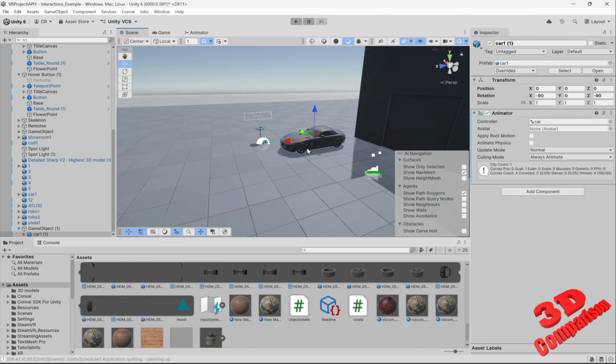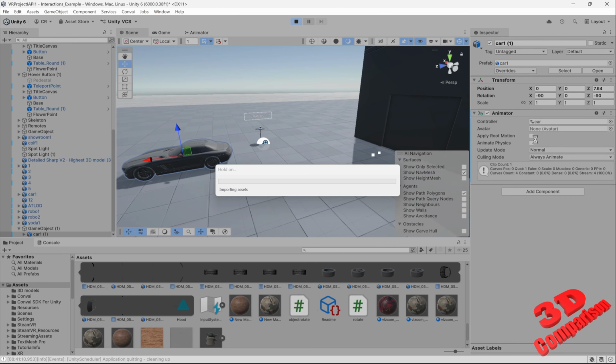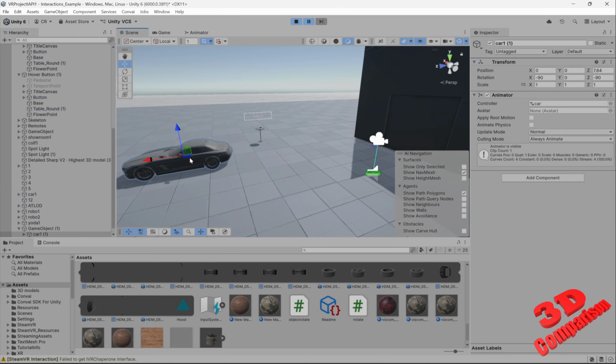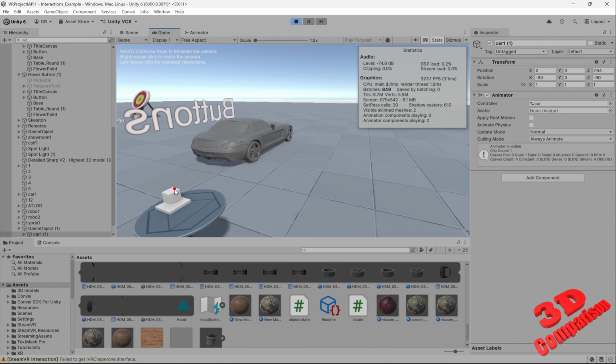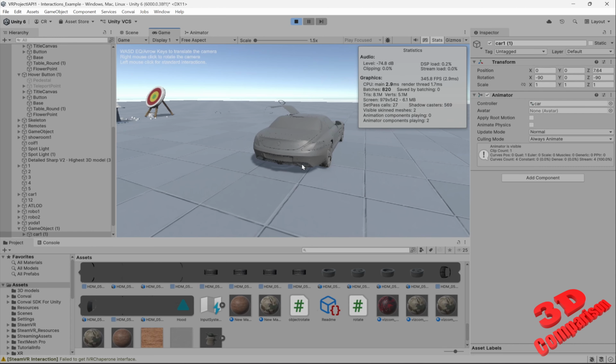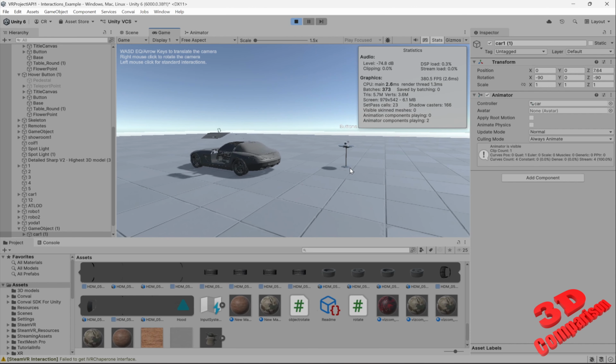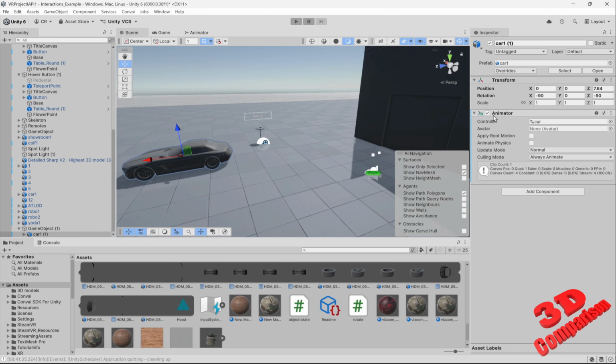Now, even though I select this car and move it, let's say, to this location, when I play this, it will always play within the location where the object is currently based, without needing to have Apply Root Motion checked. Now we see I move the car over there. If I move over here and press the button, the animation will be played over here. So this is why I would recommend again using an animator, so not